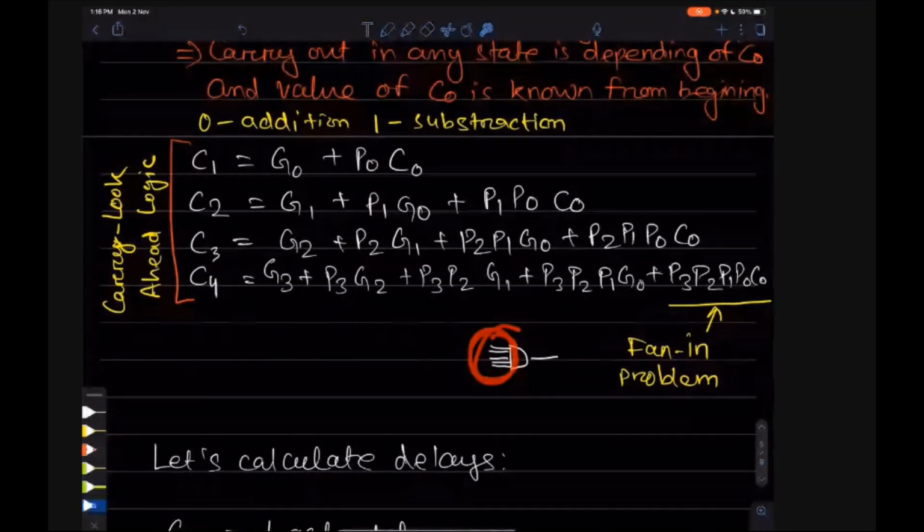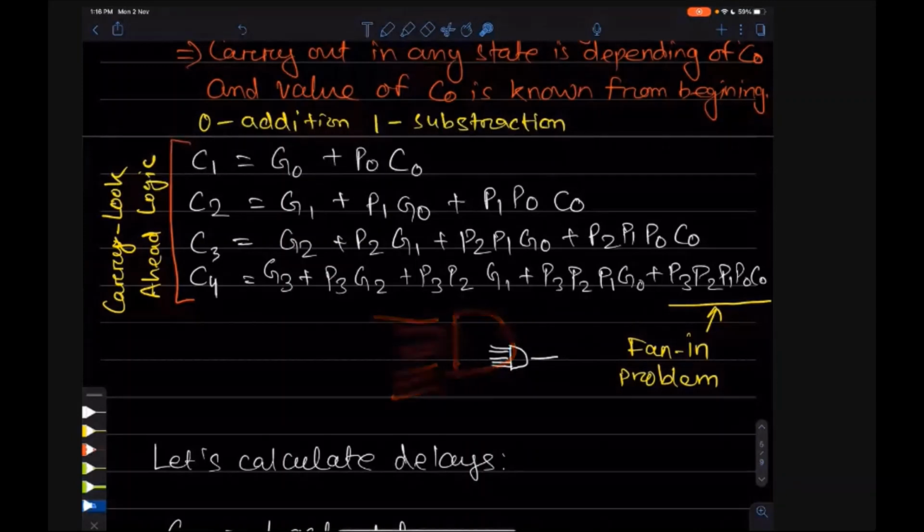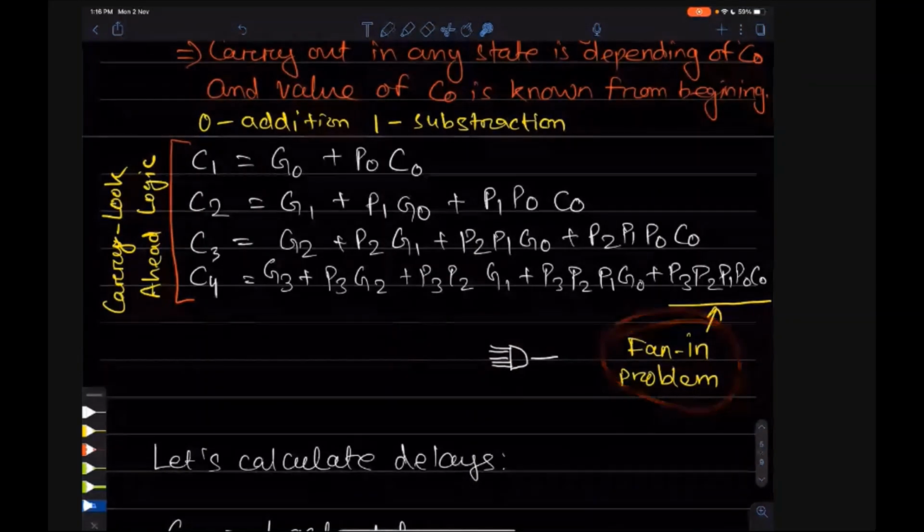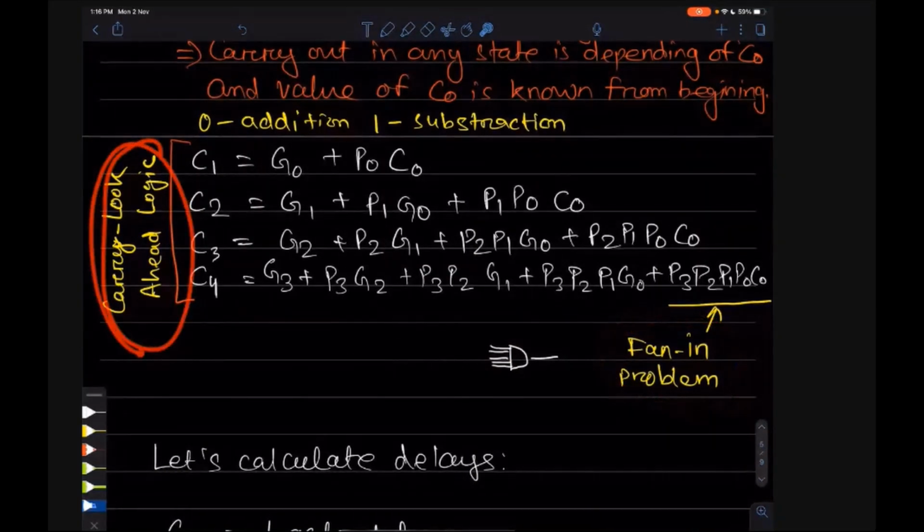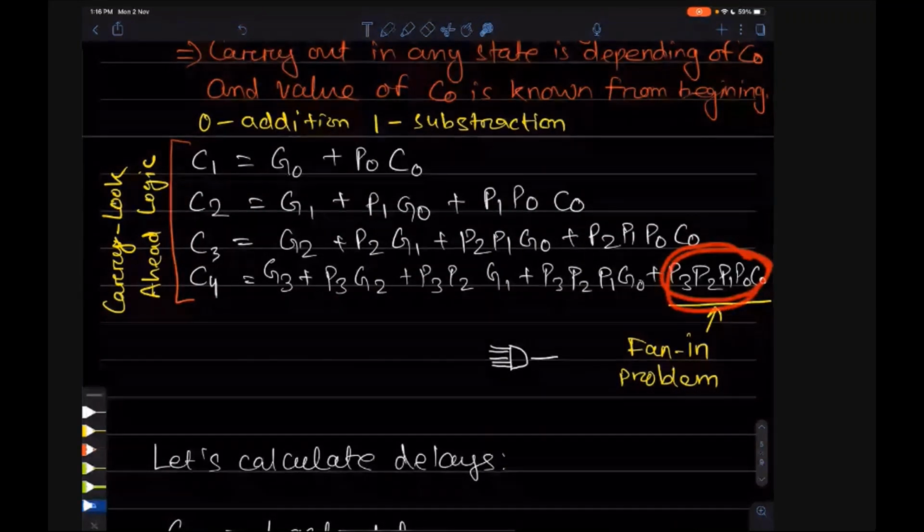So every gate has some maximum number of input pins. We cannot just put only one gate and give 100 inputs to it. That is called fan in problem. So when we are looking at this carry look ahead adder, we can see the last term is increasing.